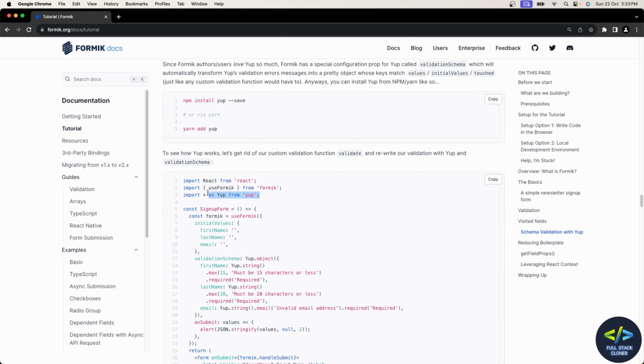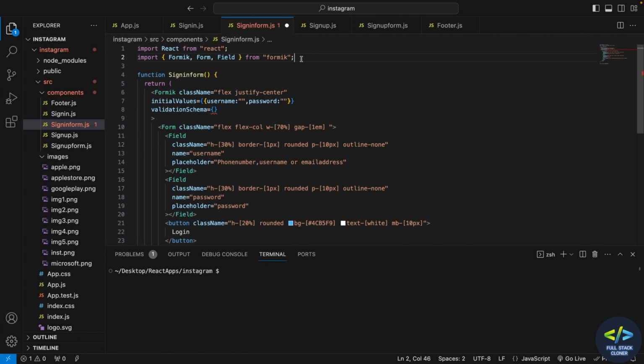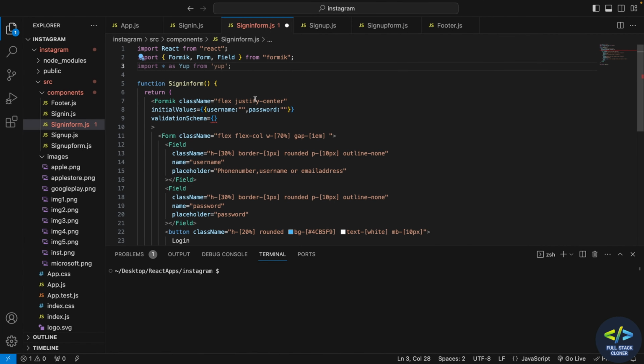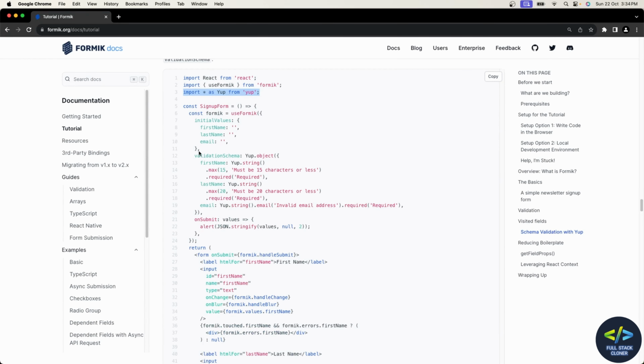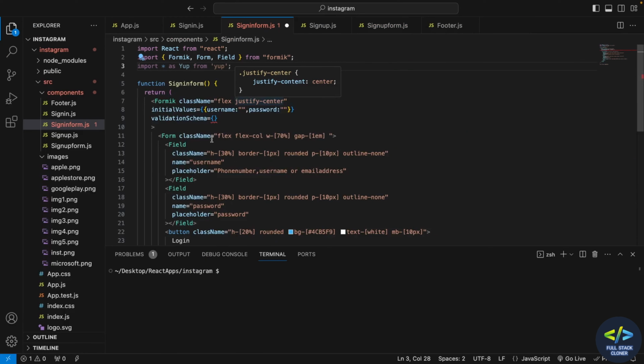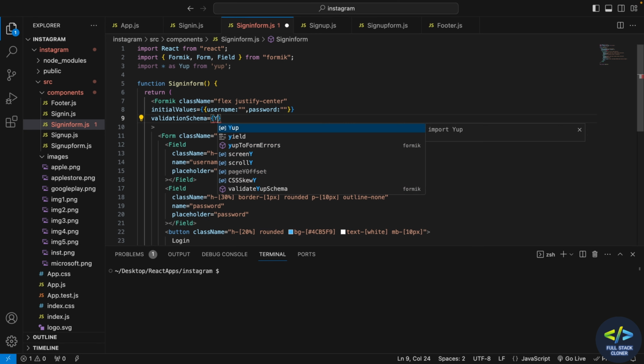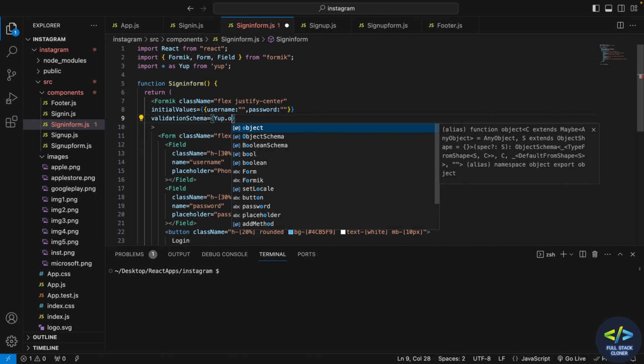So this is how Yup has to be imported. So import star as Yup from the Yup library, and this is how the validation schema works. So I'm going to implement like this. Now for the validation schema, I'll write Yup dot